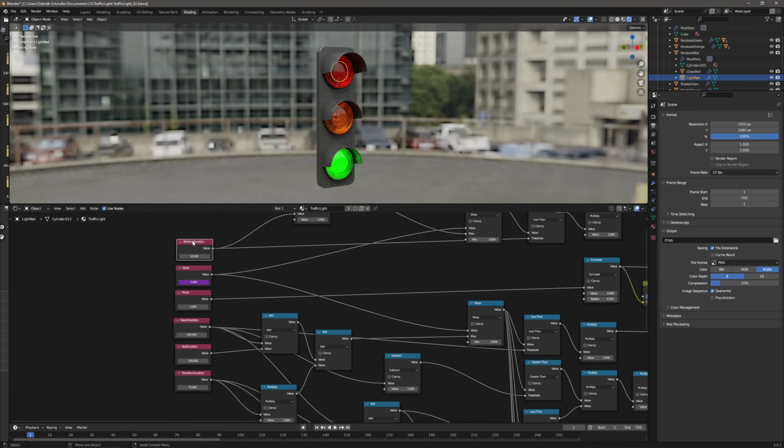Let's add actually one more value node, and let's rename this offset. This will be useful for when we want to have an additional traffic light with different timing. We don't want it to start at the same time. So actually I renamed, I think, the wrong node, so let's fix that. The offset is offset now, and let's add the offset to the current frame